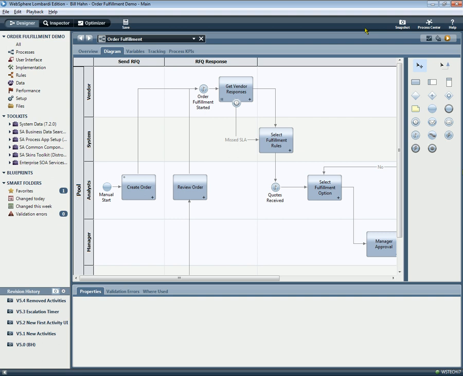So this concludes the Process Designer Tour using the Webster Lombardi Edition authoring environment, and we hope you enjoyed